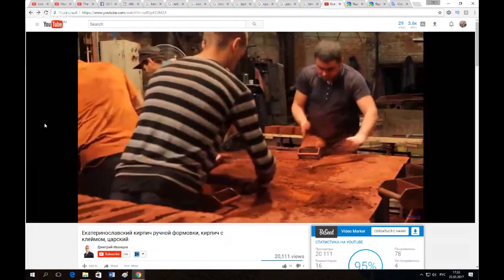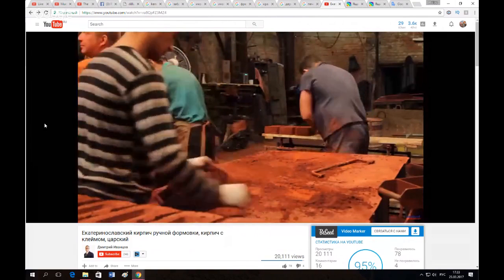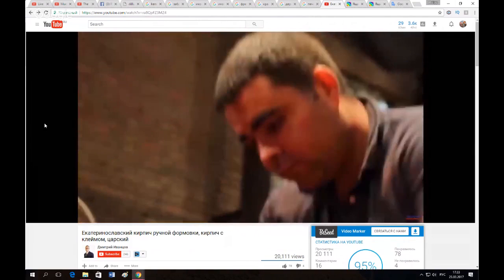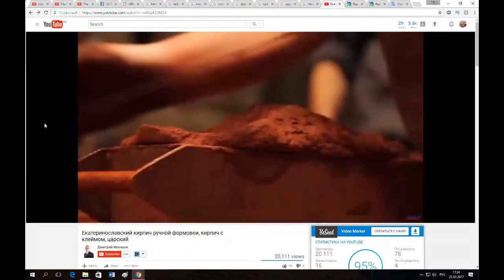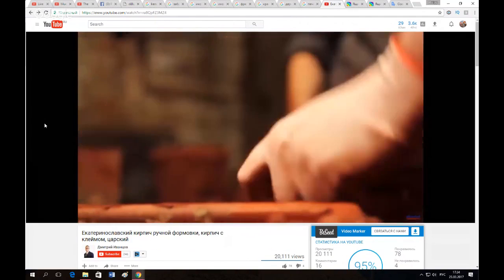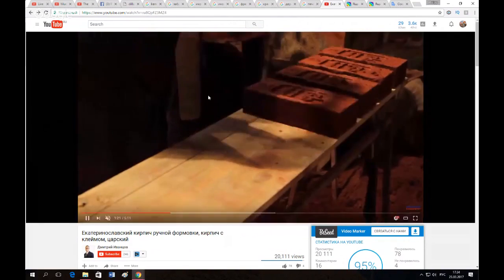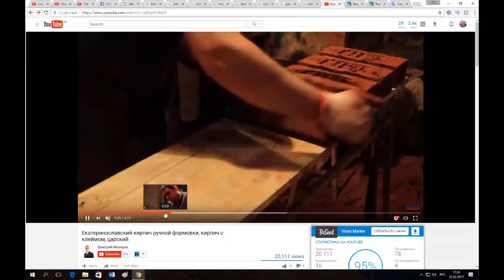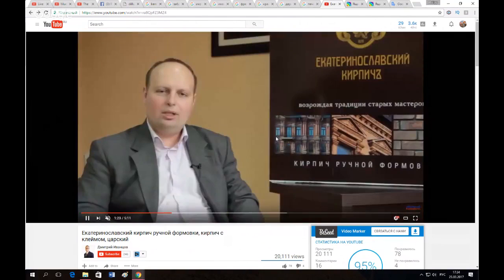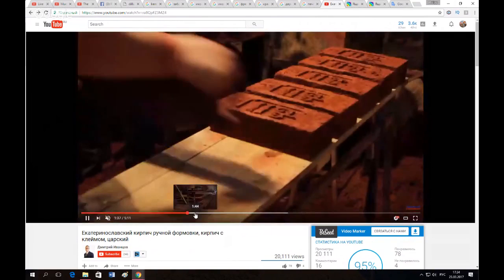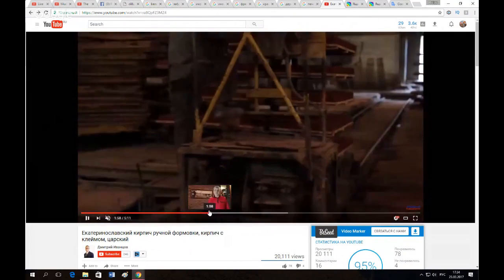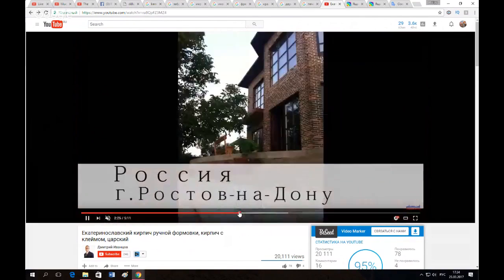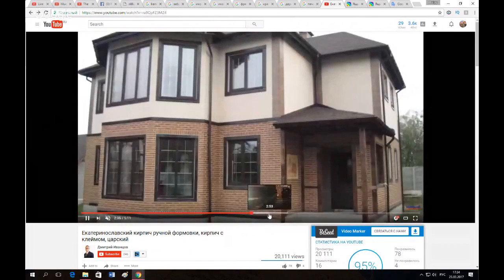So probably it's the same old way of brick production. Probably, because this is the complete cycle of the brick forming. It couldn't be the same right now, but it can be the same in the ancient times. So it has to have the temperature, and it has to have transportation,